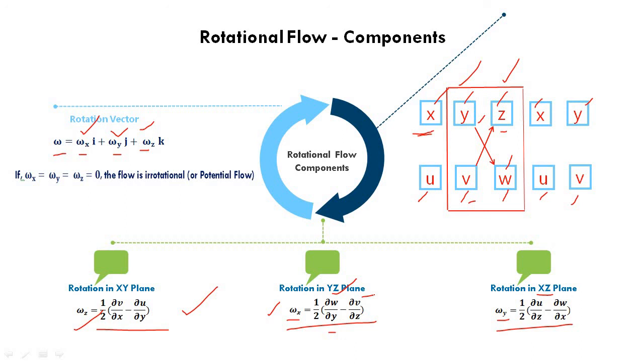So this is an easy way of expressing mathematically the various rotation vectors. So similarly, if you want to find out omega z, okay, this is omega z, you take the remaining two components x and y. So you can draw the first arrow like this and the second arrow like this. So it will be dou v by dou x minus dou u by dou y. That is written over here. Dou v by dou x minus dou u by dou y, whole divided by 2. So I am showing this as an easy method of representing mathematically the rotation vectors.